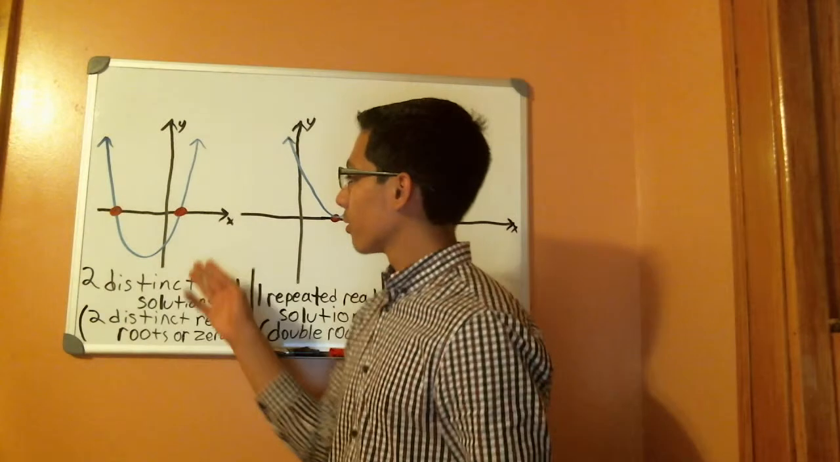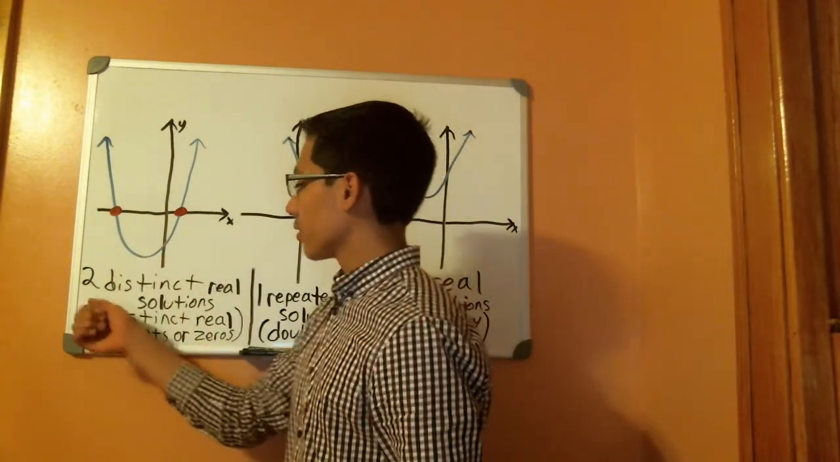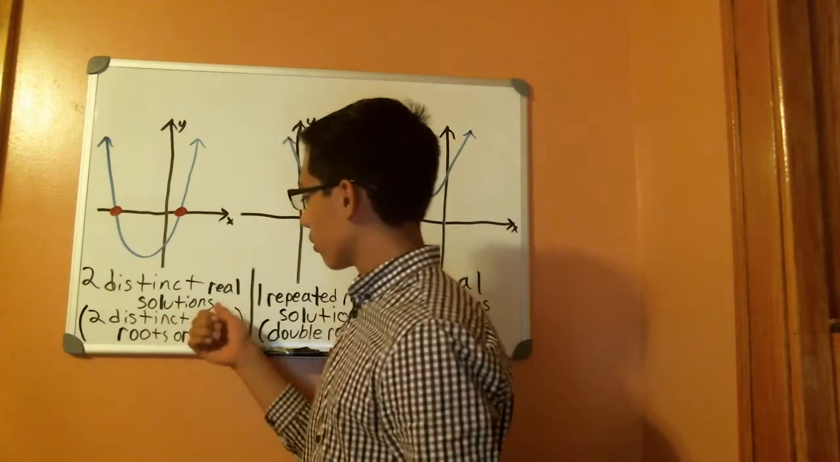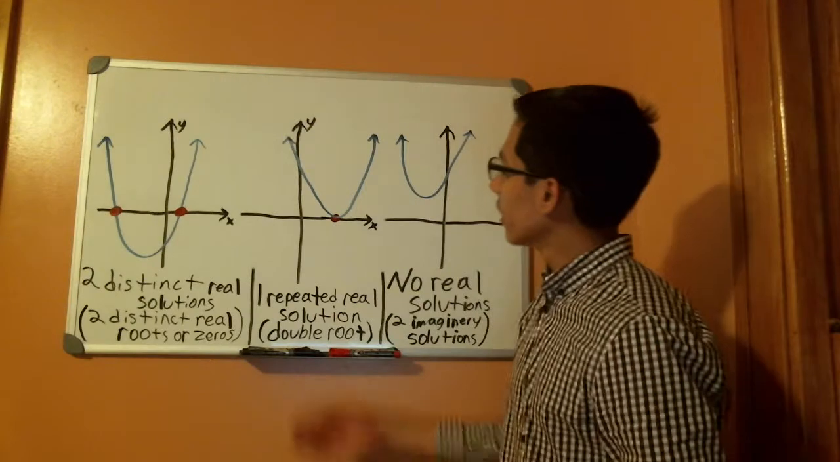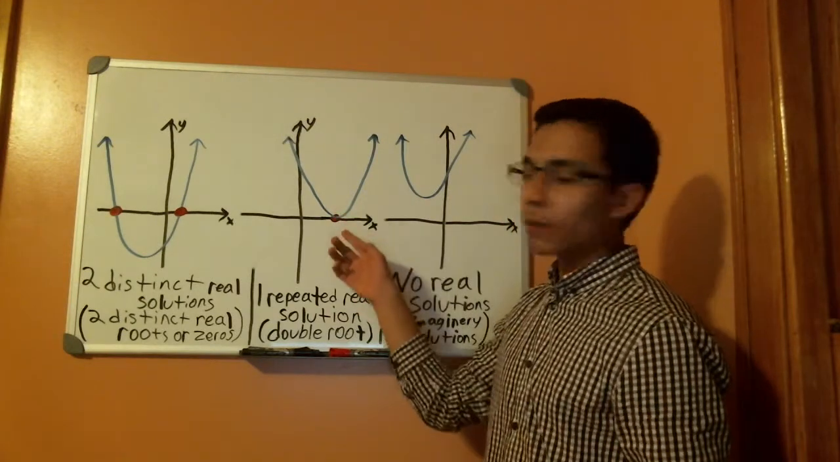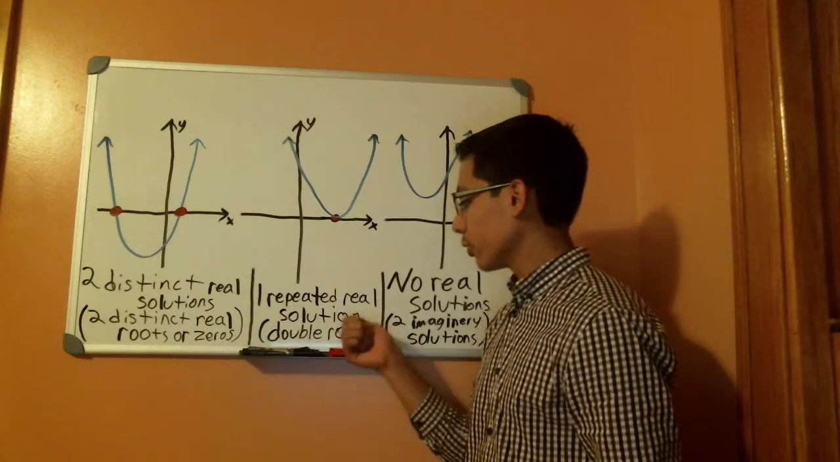In this first graph, the parabola intersects the x-axis at 2 points, which means there are two distinct real solutions or two distinct real roots or zeros. In the second graph, the parabola intersects the x-axis at 1 point, which means there is one repeated real solution